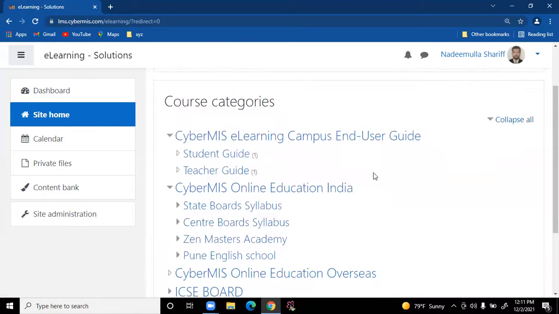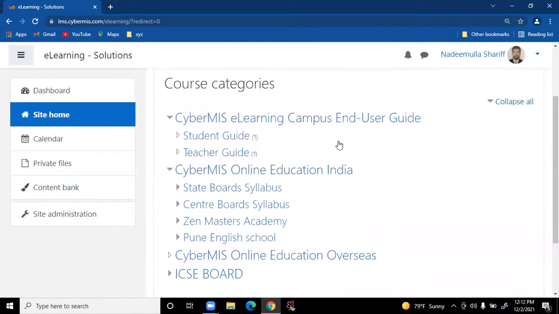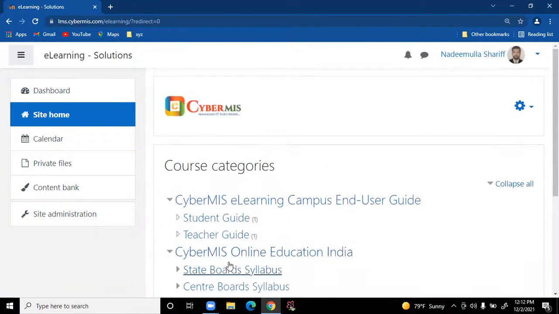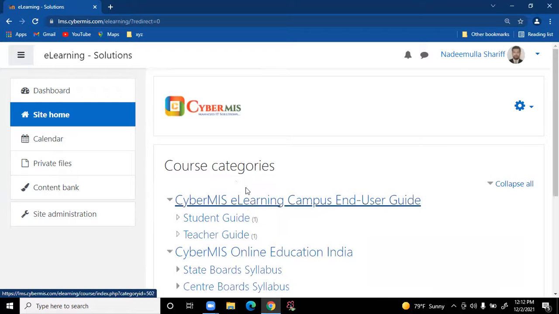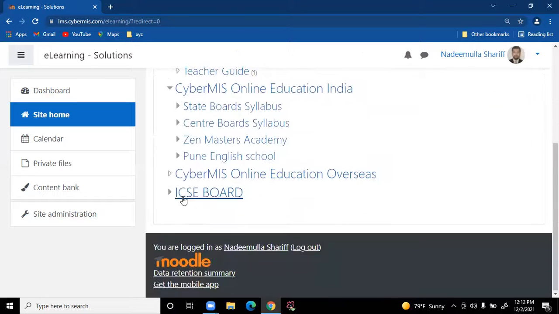And as we are on the development side, we are focusing on any one of the categories here. Let me show you how, today, we'll learn how to create these categories and how to reach these categories. First thing, I have given access to ICSE. You can start creating a structure there.